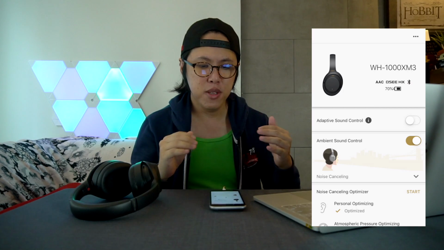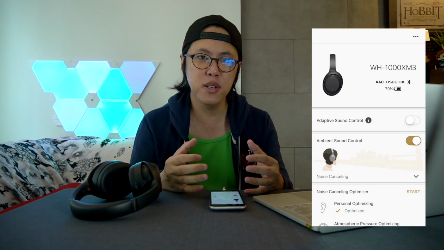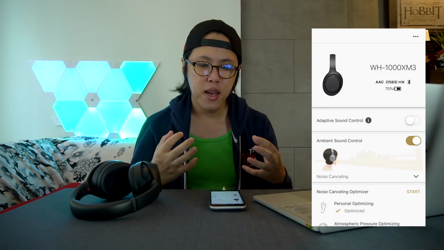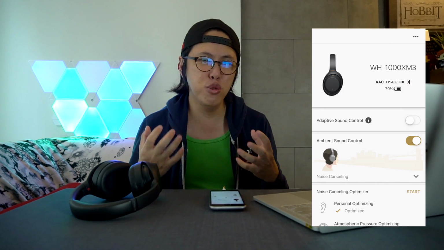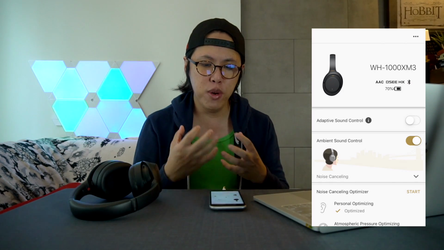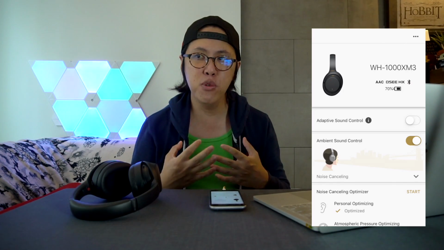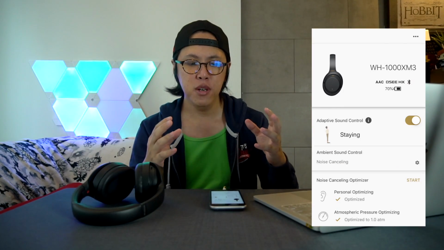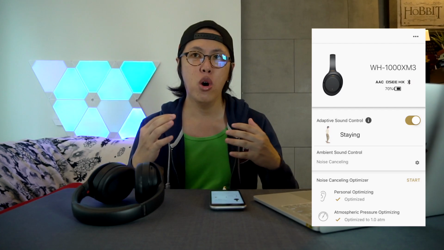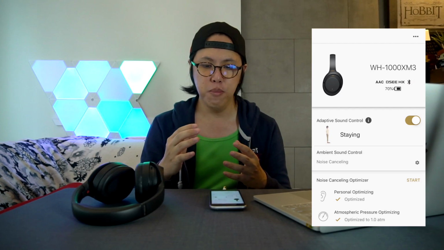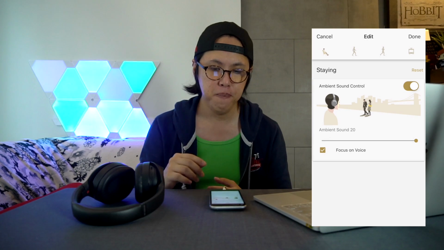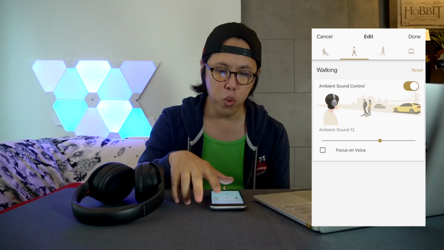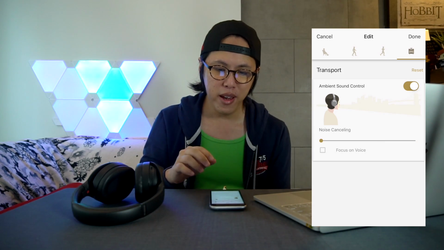Okay, adaptive sound control. Now, I wanted to get to this setting last because I realized that this is a feature that is not very well understood, and because of that, most people are not using it. What I found with adaptive sound control is it can be useful if you are always on the move. What adaptive sound control does is give you the appropriate noise cancelling level based on your current situation. So it detects up to 4 different situations: when you are sitting still or staying in one spot, walking, running, and if you are on